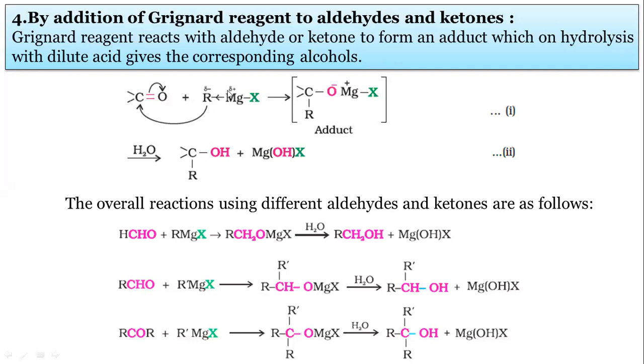This is one general reaction given here. I will explain the general reactions. Then at your home, you can solve many examples. The CO group is the carbonyl group. It may be an aldehyde or it may be a ketone. See, this R having the delta minus charge will attach to this carbon. So this bond will be broken and we get,